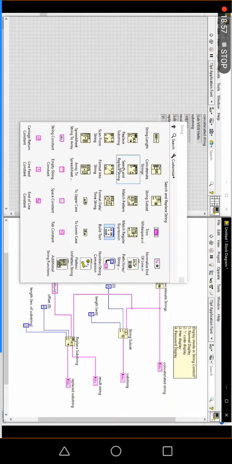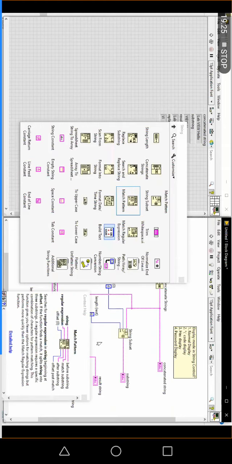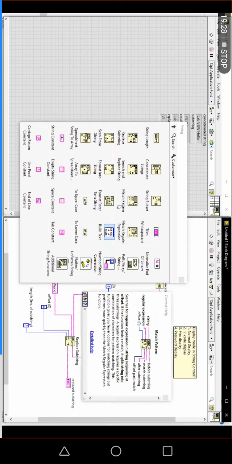Then search and replace. You are going to search with the function, and if the search string is available, you are going to return the answer; after searching the character, you are going to replace the value also. So that is search and replace. Then you have match pattern; both are more or less the same. In match pattern you cannot replace the search character, but in search and replace you can do that.